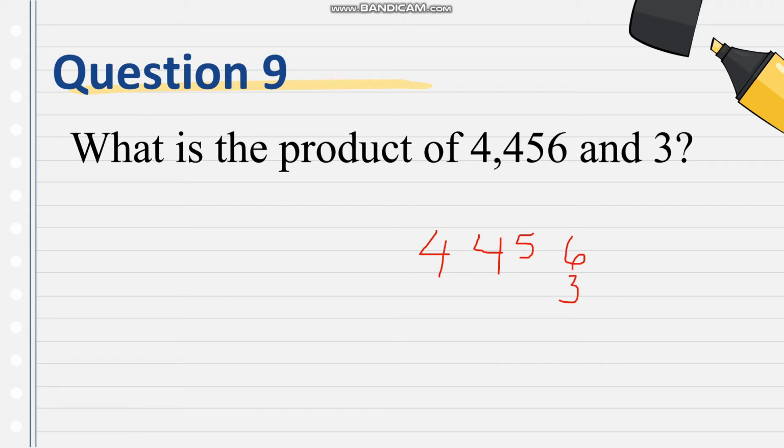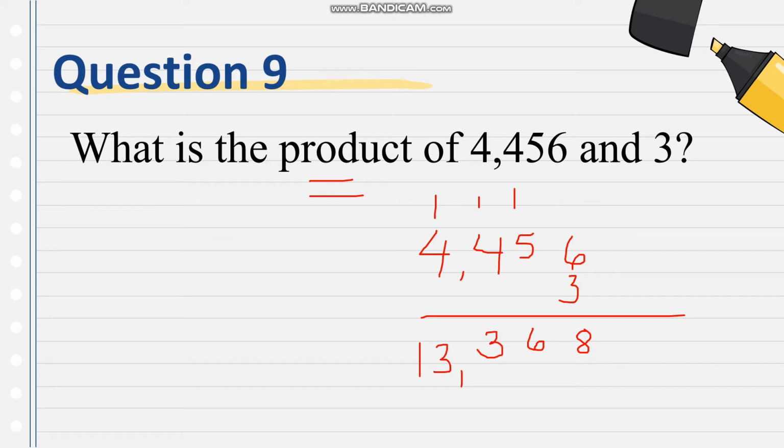So as I told you, if you are asked to find the product, it's up to you which strategy you are going to use, the standard algorithm or the partial product. So the standard algorithm is 3 multiplied by 6 is 18, regroup 1. 5 times 3 is 15 plus 1 is 16, regroup 1. 4 times 3 is 12 plus 1 is 13, regroup 1. And 4 times 3 is 12 plus 1 is 13. So the answer is